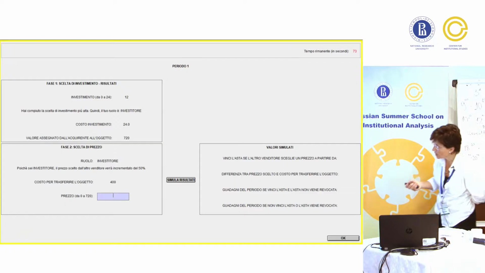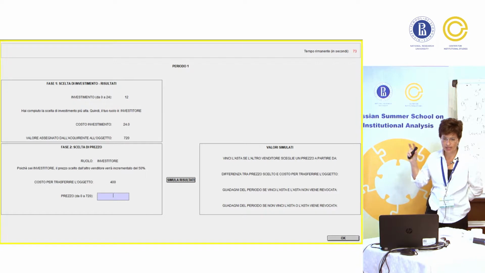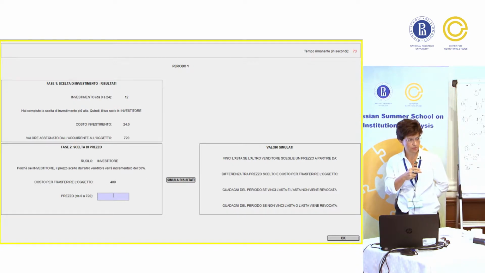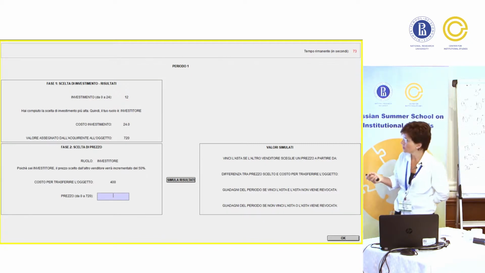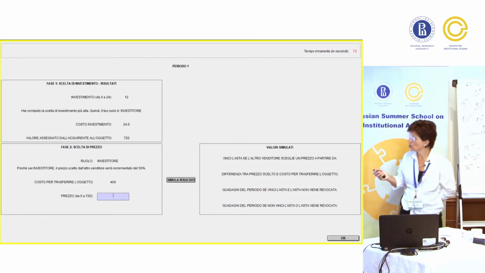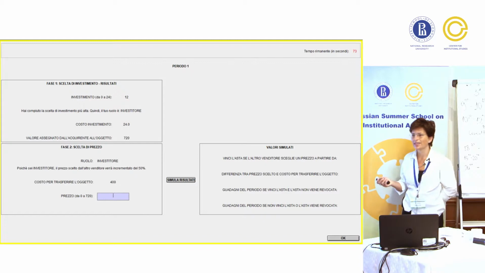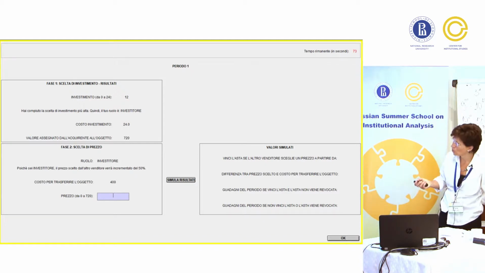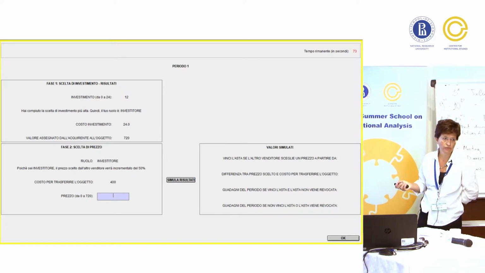What do they see? This is a part in which they have all the information about the previous step. So this participant has decided to put an investment of 12. In the previous phase, this was a procurement of innovation treatment, and you made the highest investment. So you are the innovator, the investor innovator, and you will pay this cost of investment, okay?